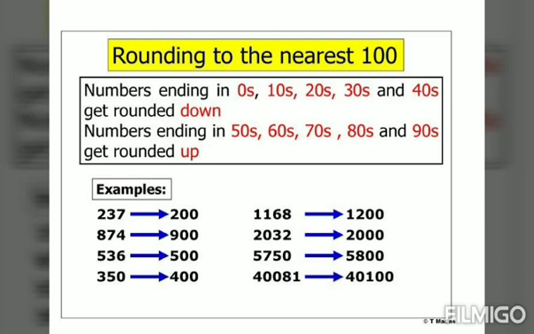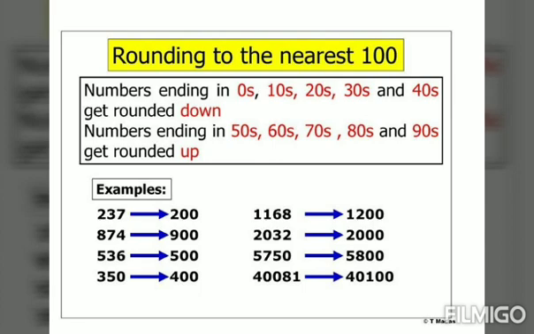Here now we are going to learn how to round off the numbers to the nearest 100. Okay, for this let us check the last two digits, that is the ones place and tens place. If the digits in the ones place and tens place together make a 2-digit number less than 50, we have to write the remaining numbers as they are and make these two places zeros. And if it is exactly 50 or more than 50, we have to add 1 to the hundreds place and then make these two places 0. This is the rule we are going to follow while rounding numbers to the nearest 100.